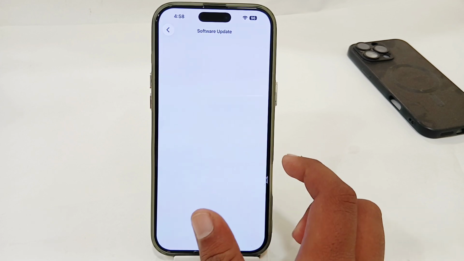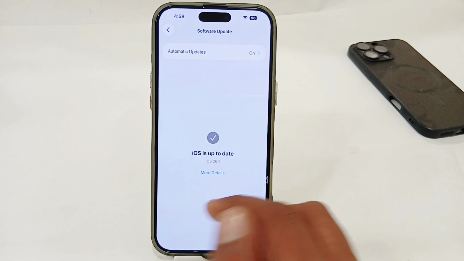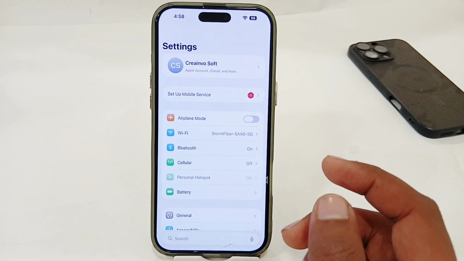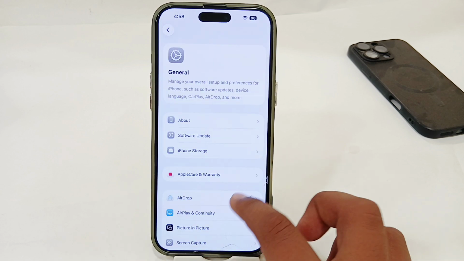go for Software Update, and you have to make sure that you don't have any pending software updates to avoid any kind of issues. After that, go back from here and